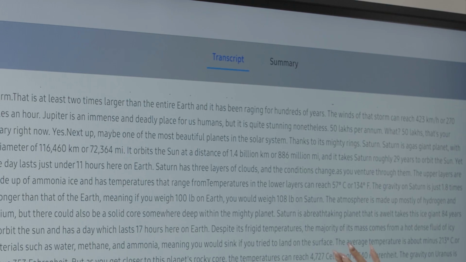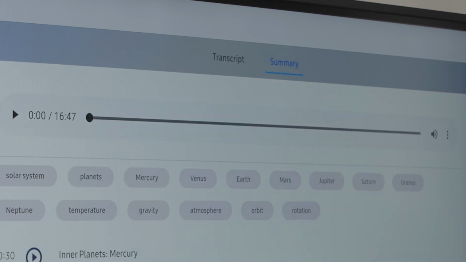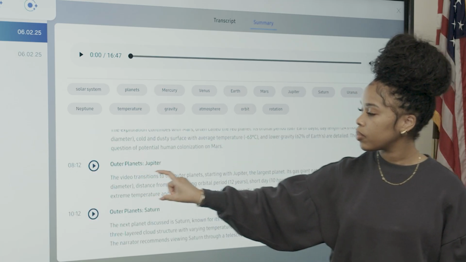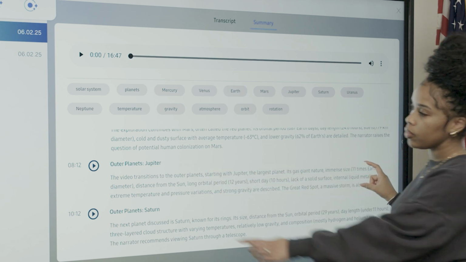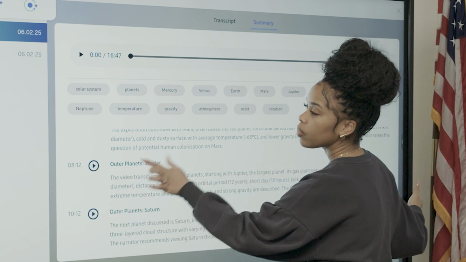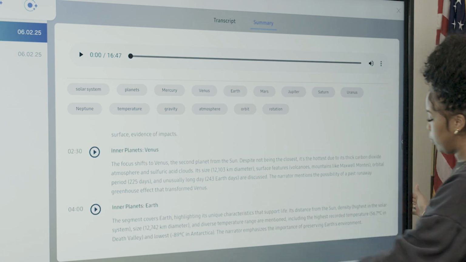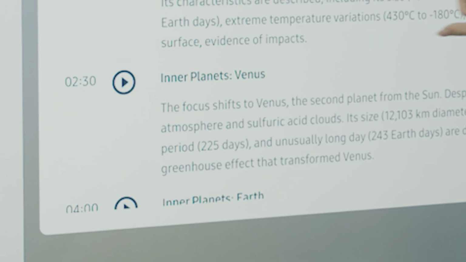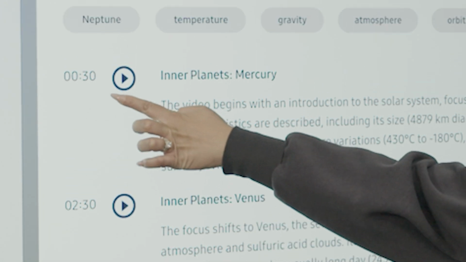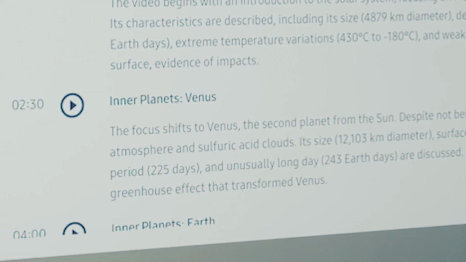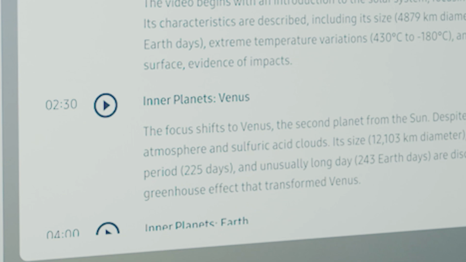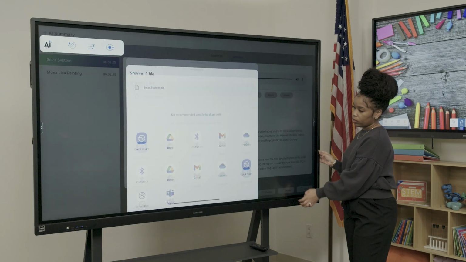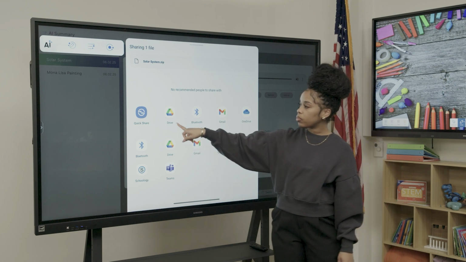system. Beyond transcription, the AI Assistant uses Samsung's education-focused AI to generate automated discussion summaries. Create a summary with timestamps by pressing Summary at the top. These summaries include key terms and concepts, headers for easy navigation, short summaries of each section, and timestamps for quick reference. With just one click, teachers can share these summaries with students, making it easier for them to review and